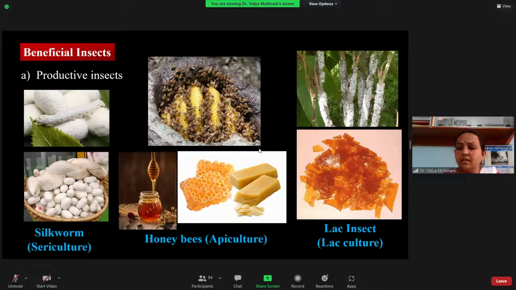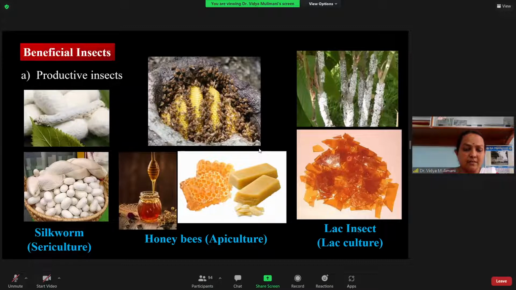Next, another common product that we are getting from the insect is the silk. Okay, here I am just quoting the example of the Bombyx mori, where you are getting the silk. So that comes under the branch that is sericulture, which is also a separate course you have. It is a 1+1. So these two I am not touching under this course,